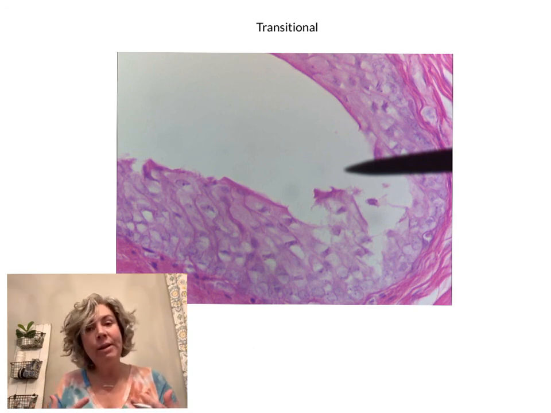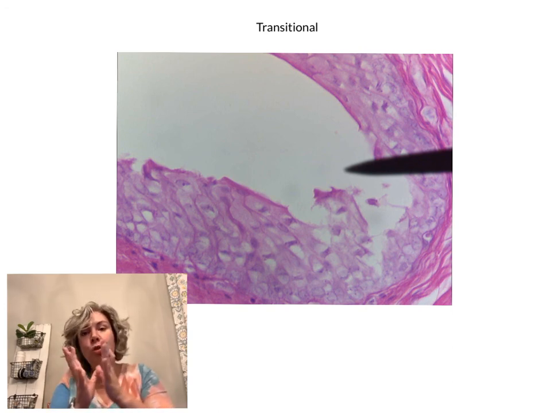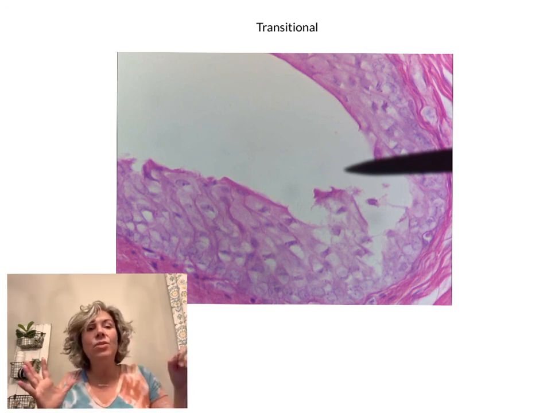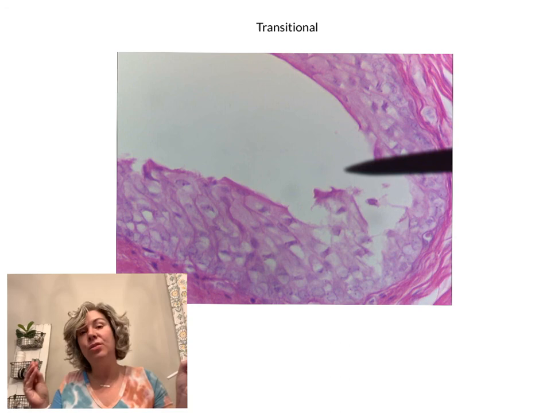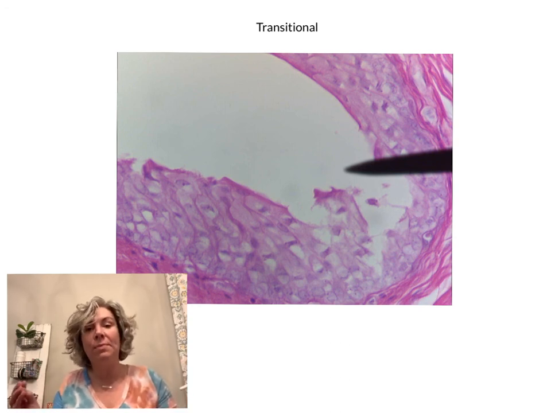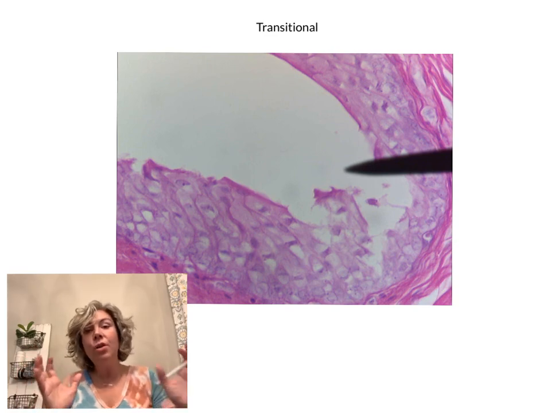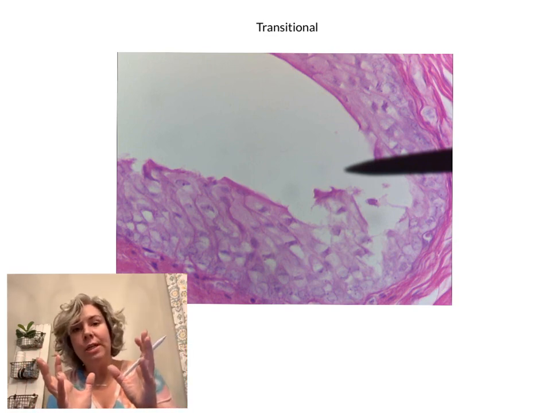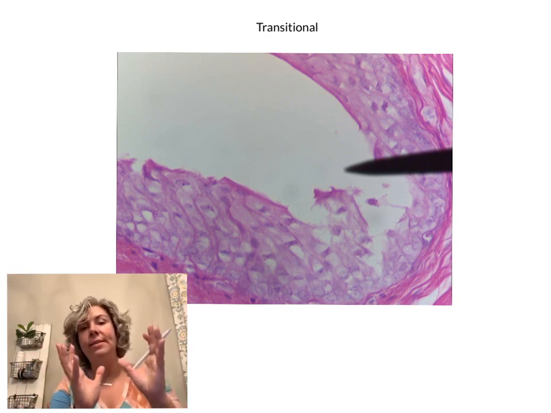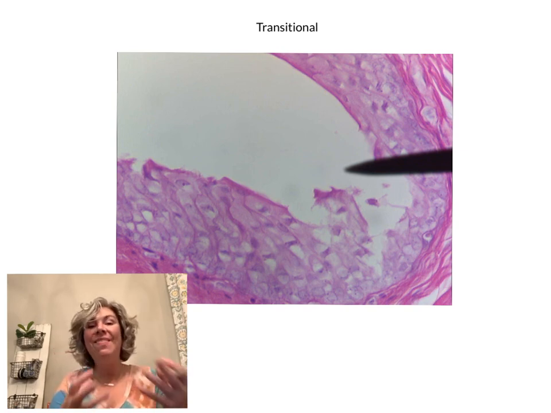Now, as the urinary bladder fills up with urine, it stretches out, and these cells can start to flatten out and look a lot like stratified squamous. Then when we empty the bladder, the cells get larger because they're not squished anymore. So they'll kind of recoil back to their original position. And in that case, they'll look like much larger plump